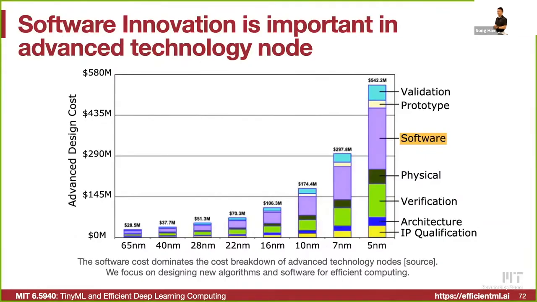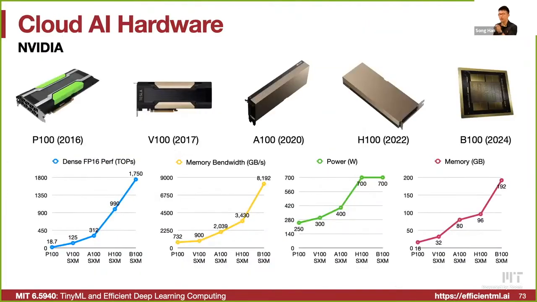And along this line of innovation, software is actually playing a very critical role, especially in the advanced technology nodes. This is from 65 nanometer, 28 nanometer, 7 nanometer, to 5 nanometer. You can see the purple part, which is the software component, is getting a very big chunk of the total design cost. That also creates the moat for good silicon to attract a lot of good customers. It has to be programmable and easy to use, especially with large language models and generative AI. The models are iterating very fast, changing every day, so how to make it flexible is super important. So in this lecture, we have a lot of focus on the software part of efficient deep learning computing. We don't design new hardware in this lecture, but we look at how to utilize existing hardware